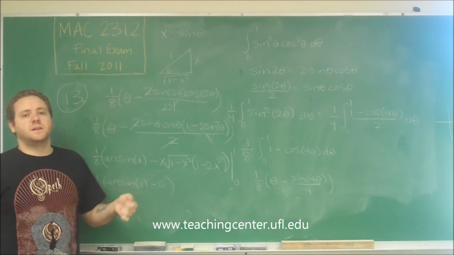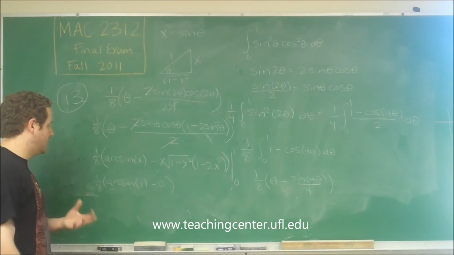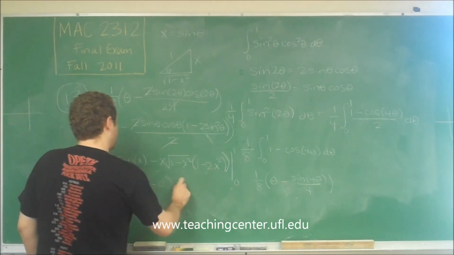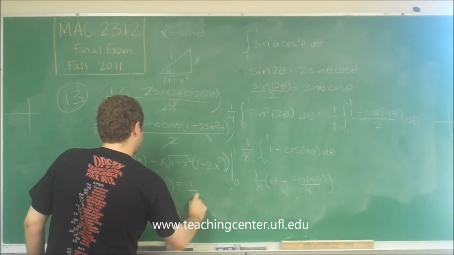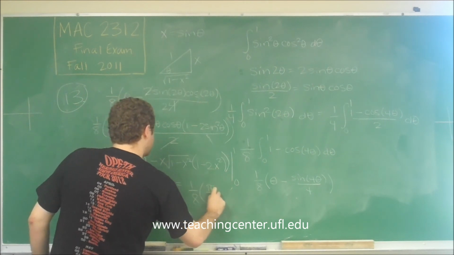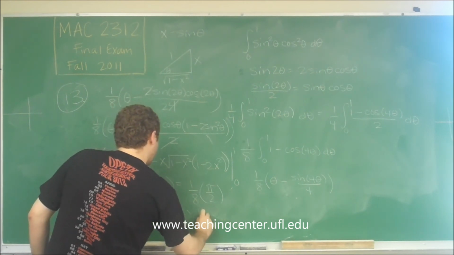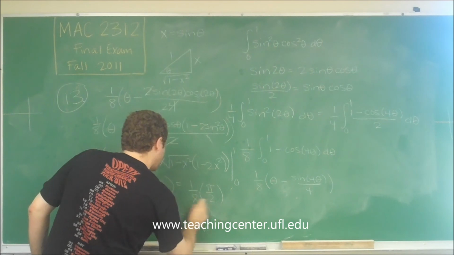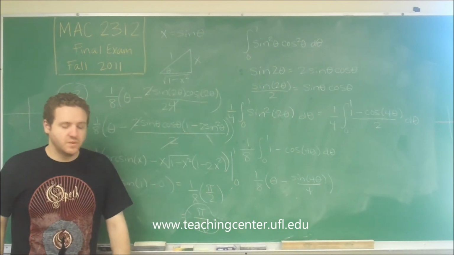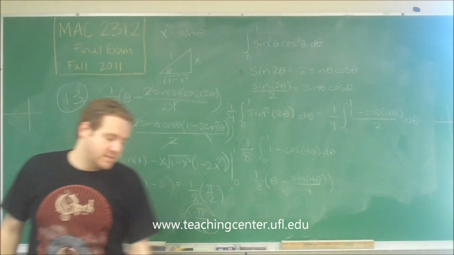Arc sine of 1 is saying sine of what is equal to 1. That would be pi over 2. So here we get 1/8 times pi over 2, which is pi over 16. So pi over 16 gives us answer choice